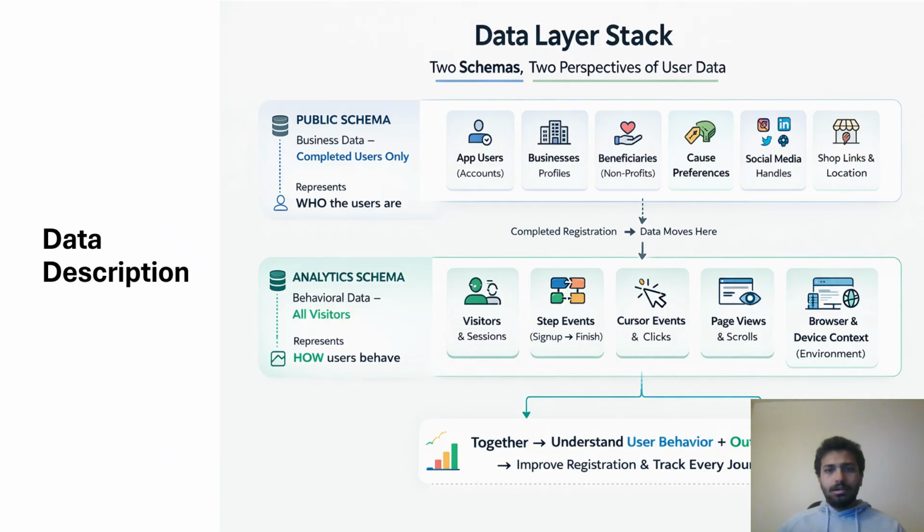Coming to the data description, how the data is stored. The database has two schemas: the public schema, which stores the complete outcome of the data, things like app users, business profiles, cost preferences, and location data. So this is the permanent record of who registered. And then comes the analytics schema,